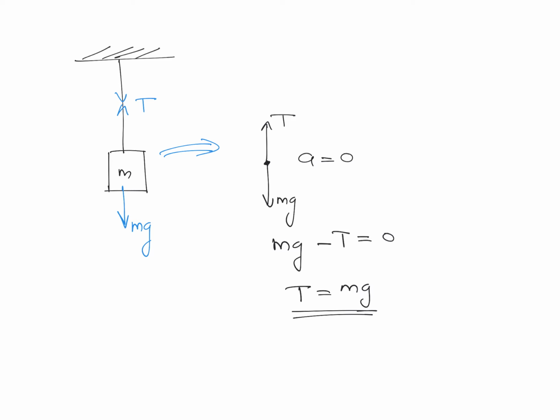Now we can take another example. Consider a situation where a block of mass m1 is kept on another block of mass m2, which is kept on a surface. Our aim is to draw the free body diagram for block m1 and block m2. What we'll do is first draw all the forces acting on the system. The force exerted by gravity on m2 is m2g in the downward direction. The force exerted by gravity on m1 is m1g in the downward direction.